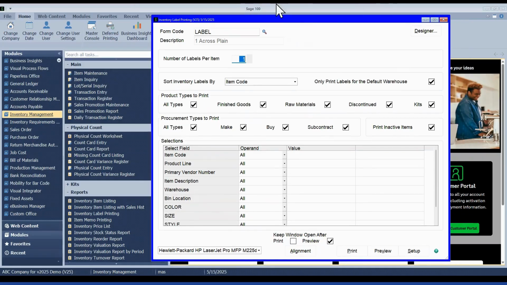In this screen, if you are ever using label printing in the prior versions, you could only really do one selection, and then the screen would close in between each thing. So they just finally added those keep window open after print and preview options, so that saves you some clicks of having to come back in and put in the new item, reopen the screen to put in your new item code that you want, or a new product line, or whatever sort you might be doing. Definitely a time saver.